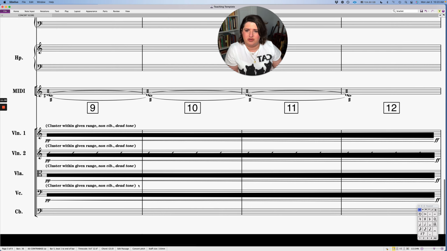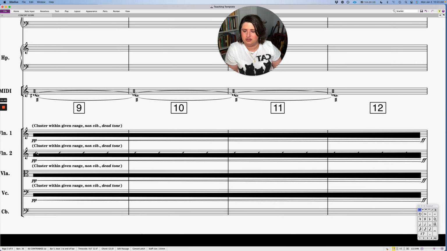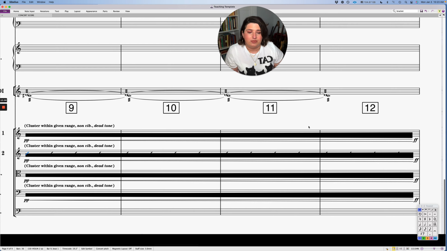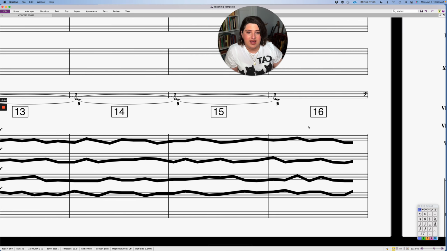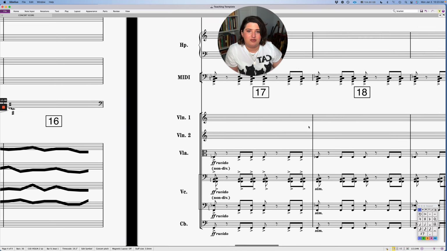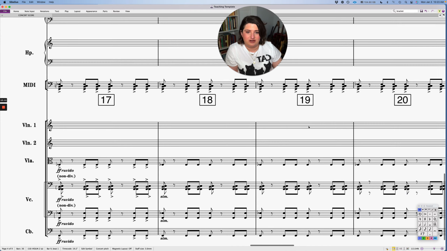Another little side note with aleatory is sometimes what I'll do, and my orchestration partner loves doing this, which is just putting in the rhythm slashes. Sometimes I leave it out because I want the moment to be a little less strict and kind of losing themselves in the gesture. But oftentimes, I might mark out all of the beats in the measure.